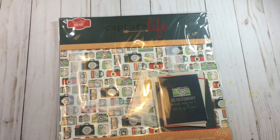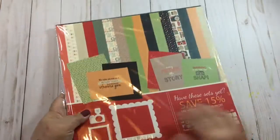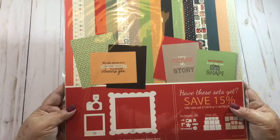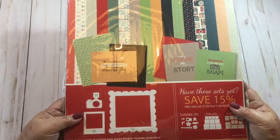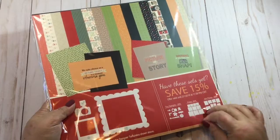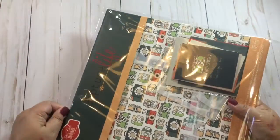I love Kiwi Lane products. You know, they've been really doing well with their kits. And here's a sample of a kit. This is the monthly Kiwi Lane Kit Club. And there's a lot of stuff in here. It is a subscription. It's for $25, which is actually a very good deal considering what you get in this